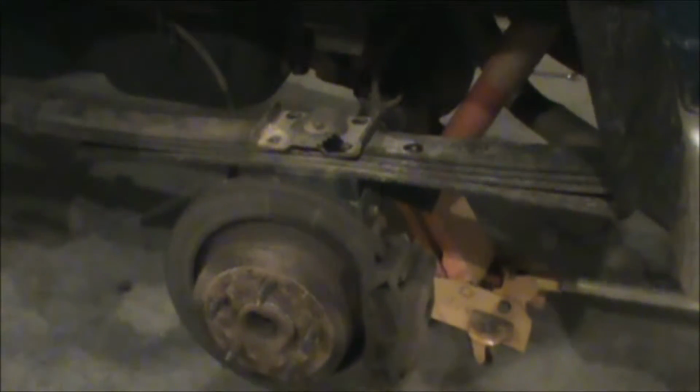But now I'm fixing to let this down, slide this block out, slide the new one back in, keep a good eye on my brake lines, line it back up, jack it back up into place, put the U-bolts on, we're done. But I'm fixing to get on that, and then I'll let you guys know any troubles that I ran into, so that maybe you won't have to make the same mistakes. Okay, so one problem that I ran into that you guys should probably really look for is